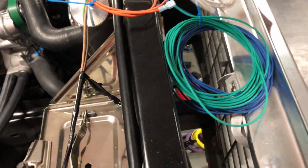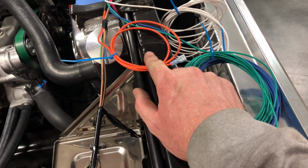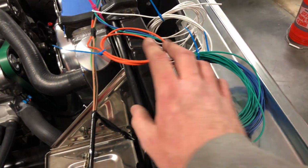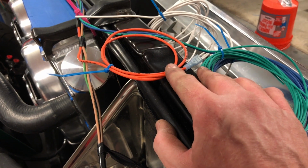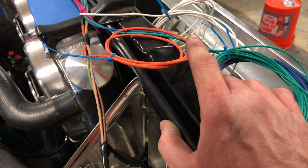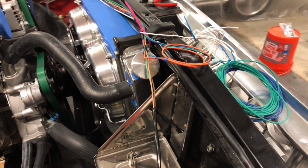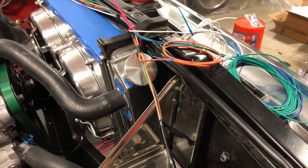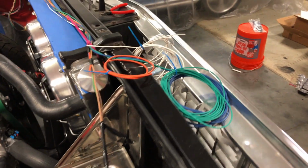And this orange wire is actually part of the American Auto Wire harness. This is an ignition on. So when you turn the ignition on, they use it as a trigger for fans. I used this on my last setup to trigger the fans. All it does is supply 12 volts. I figured I'd leave it in there in case there's some sort of accessory down the road that you want to add that needs ignition on/off. So I'll just tuck that back there with this white wire,